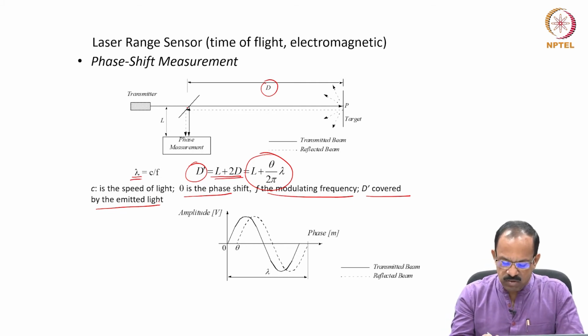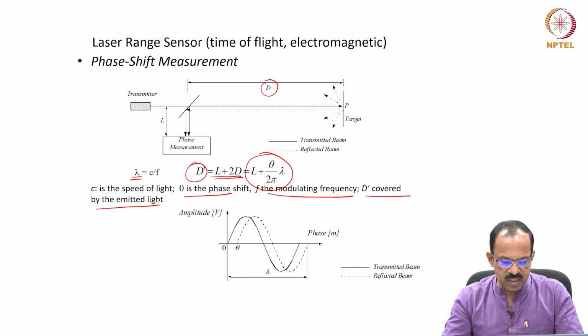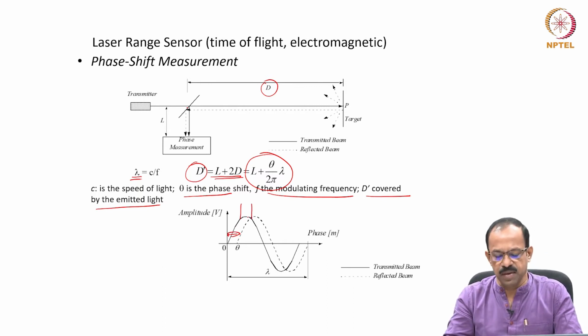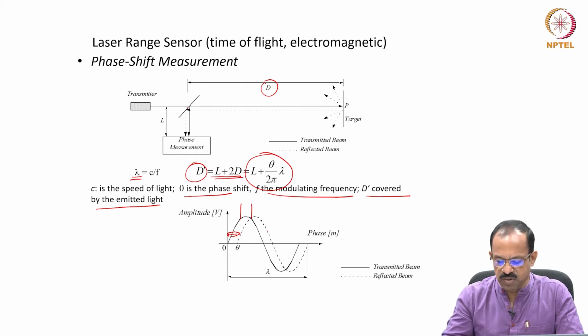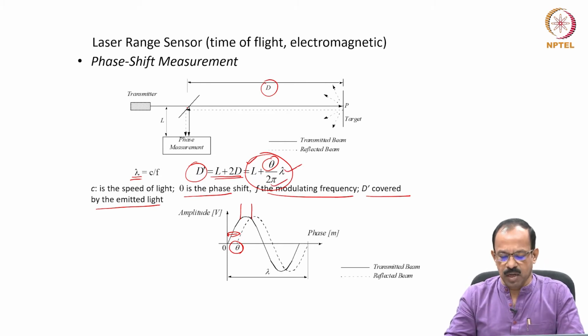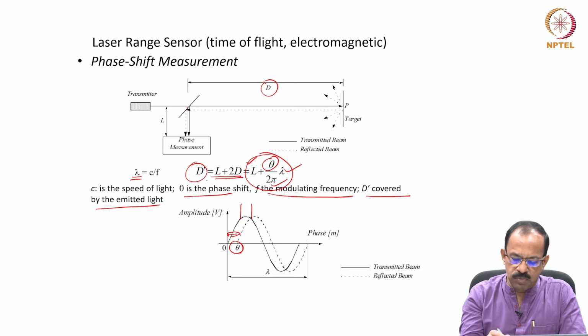Now, we can actually plot the phase difference, and then we will see that there is a theta shift between the two signals. If you see, this is the transmitted signal and this is the received signal. You will see that there is a phase shift between these two, and therefore, we can measure this theta. If we can measure this theta, then we can find out, because we know L, we know lambda, and we know other parameters. So, we will be able to get this